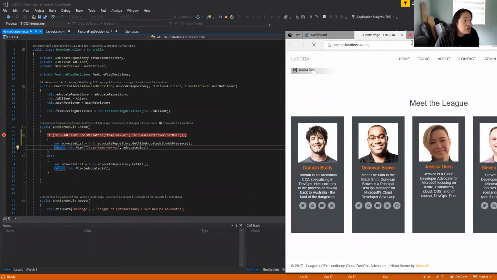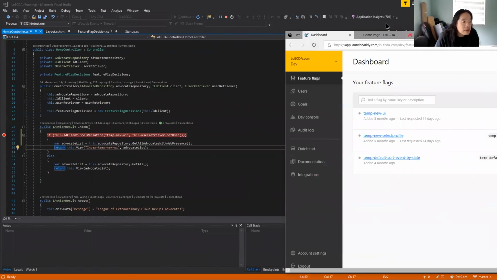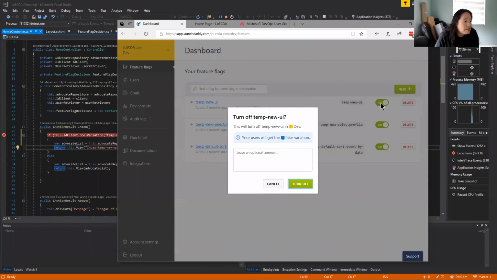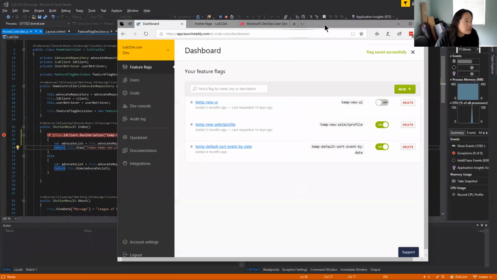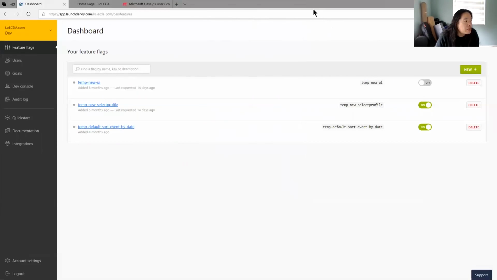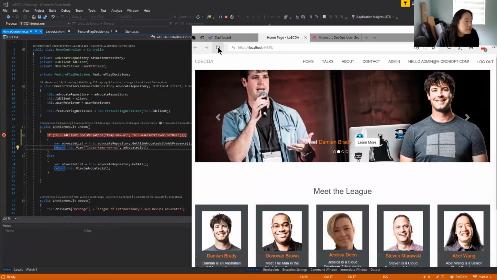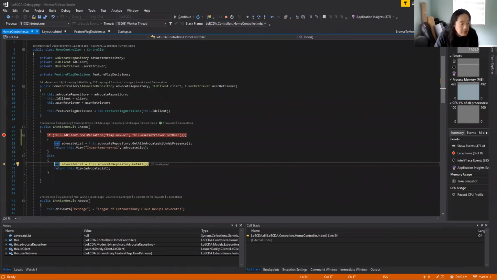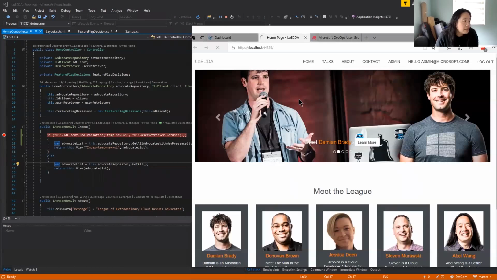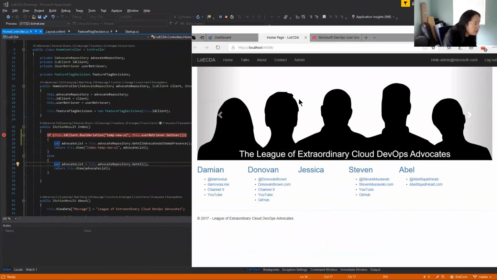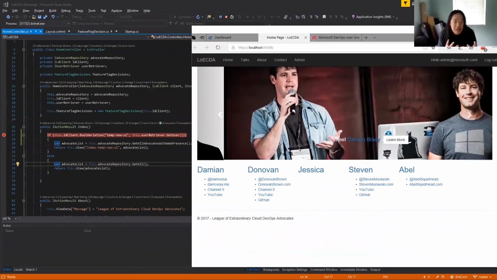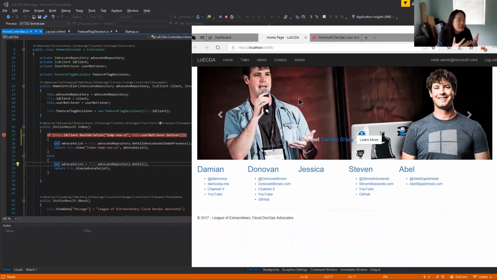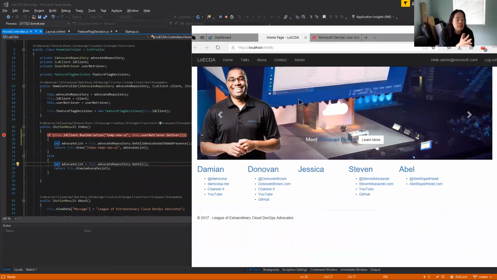And if I go ahead and turn my feature flag off, let's turn it off. And we go back in and refresh. It falls into the else. And then our page loads, and it's the old UI, right? And all the old calls as well. So I wasn't kidding when I said it's super easy to implement. Feature flags, nothing more than an if statement. If you can write an if statement, you can write a feature flag.